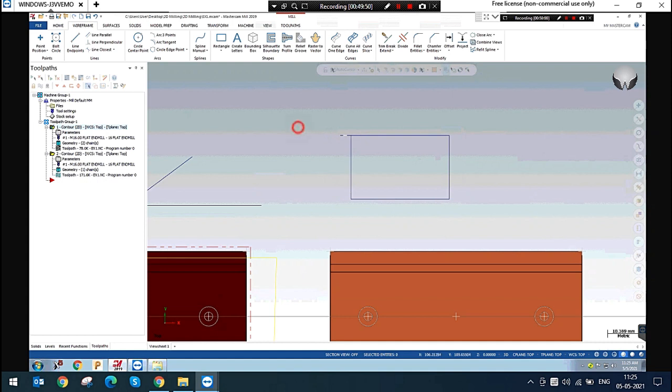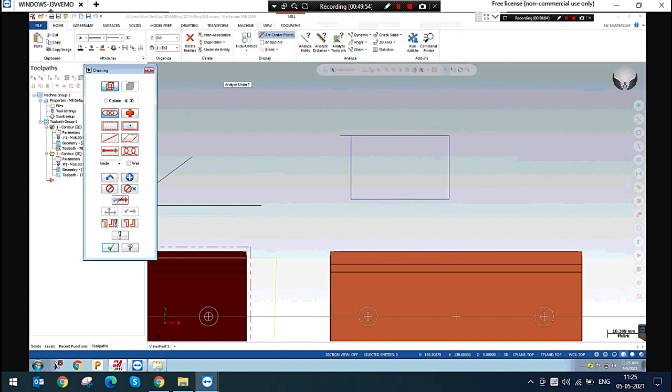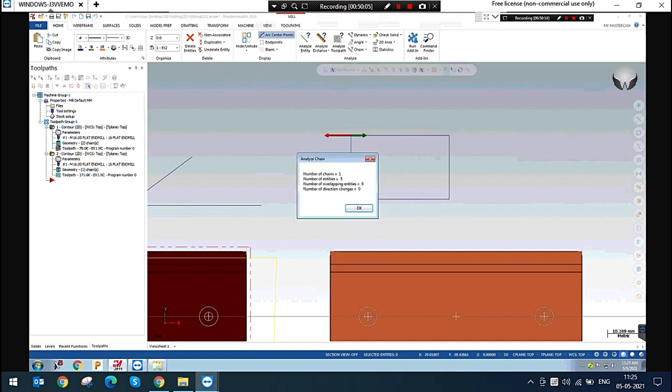This is overlap. Yes, a red mark will come, meaning start and end will come. Start and end will come. Yes, you can see there is a number of chains. Yeah, this is not an overlap.